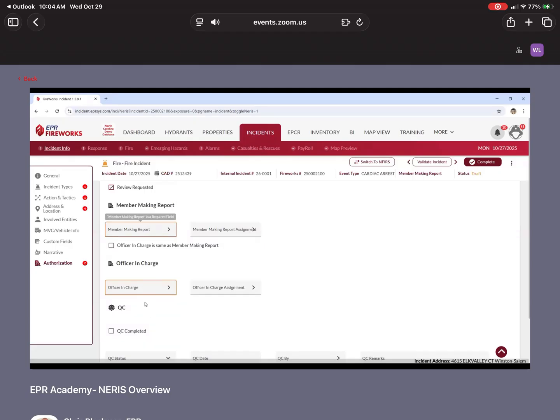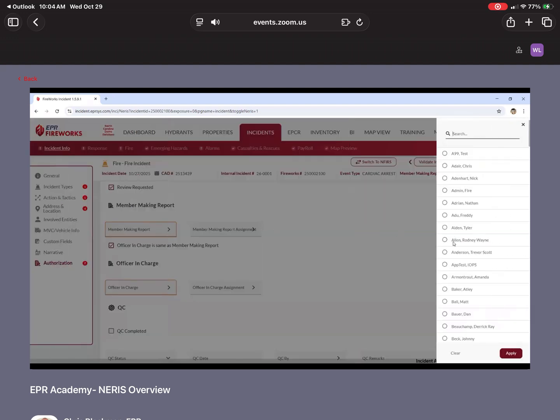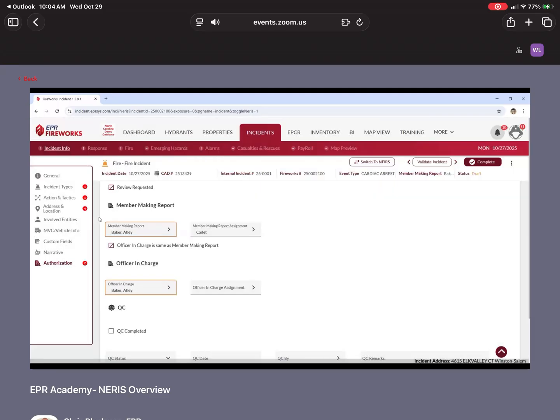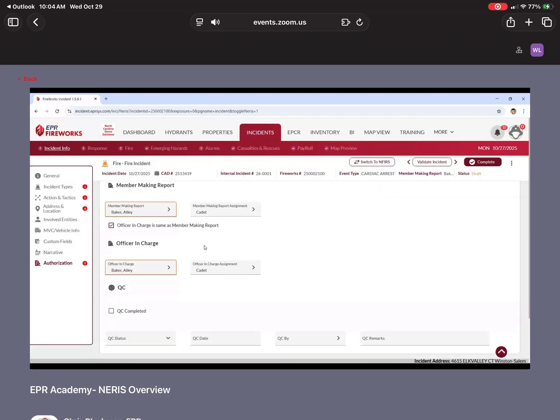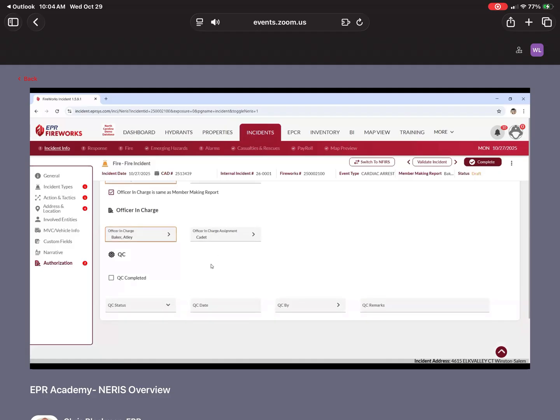Member making report and officer in charge. You can fill these out individually, but if I select this one and then select a member, it is going to populate them for both. So if I just say, this was Baker that did it, it's going to put him as both. That's funny. Put him as a cadet. Anyways,